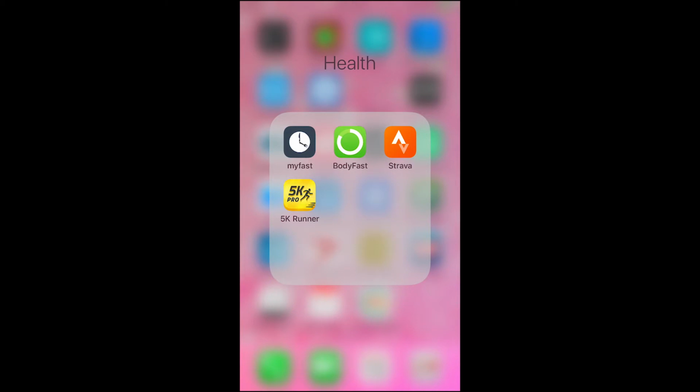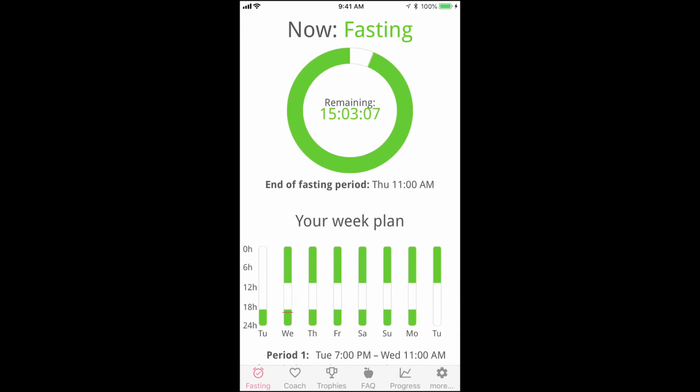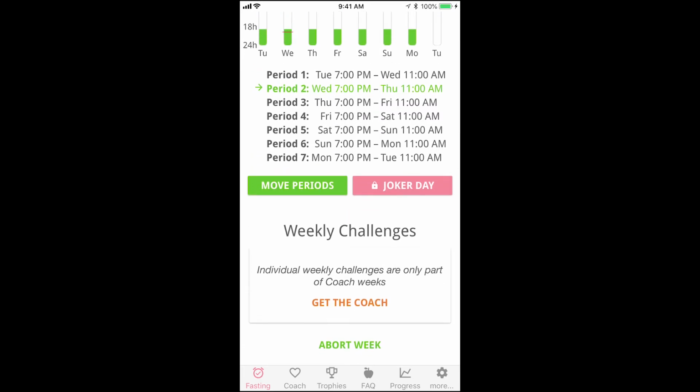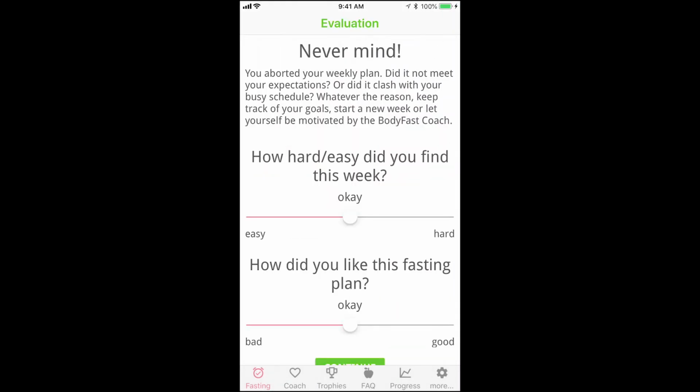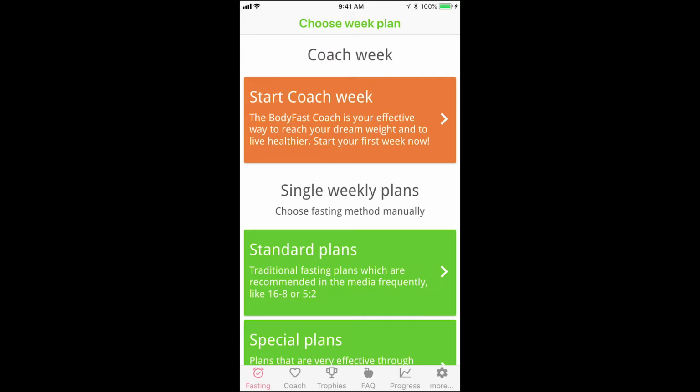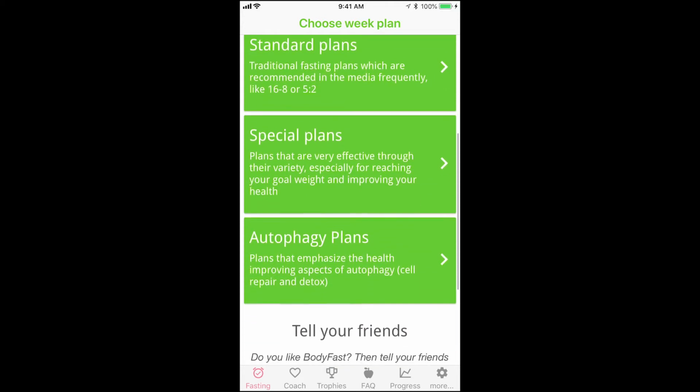So the one I found that is way better and more interactive, if that's what you're looking for, it definitely is what I like, is called BodyFast. Now you can actually program which type of fasting you want to do. So I'll abort this and I'll start it again, but you can do